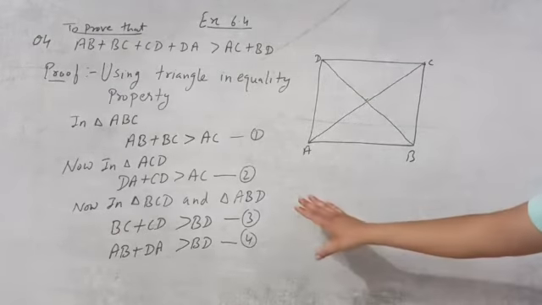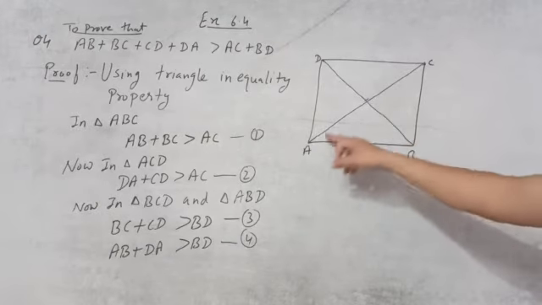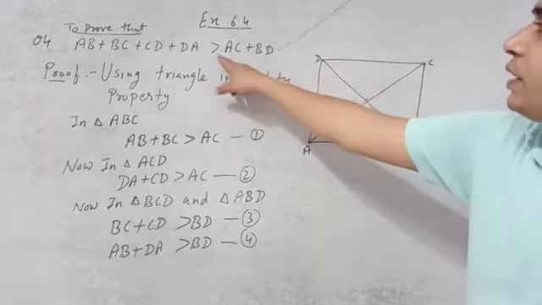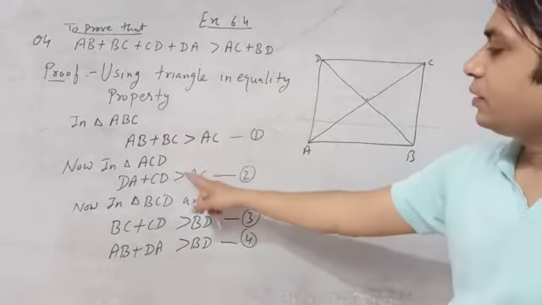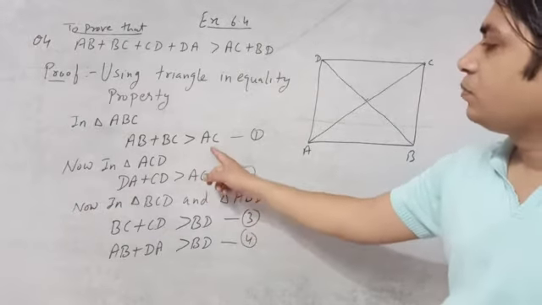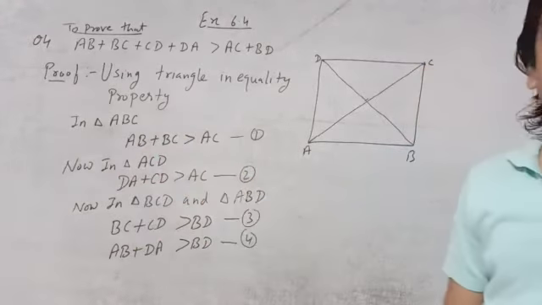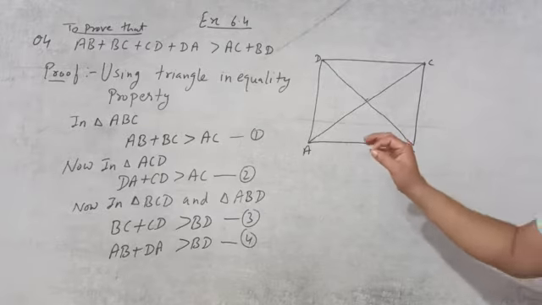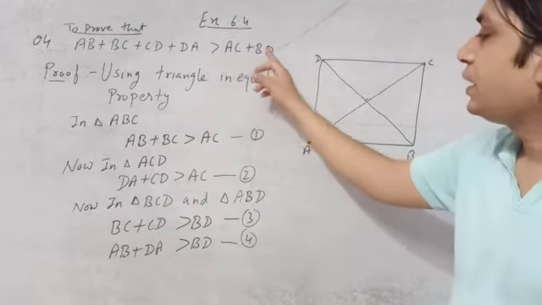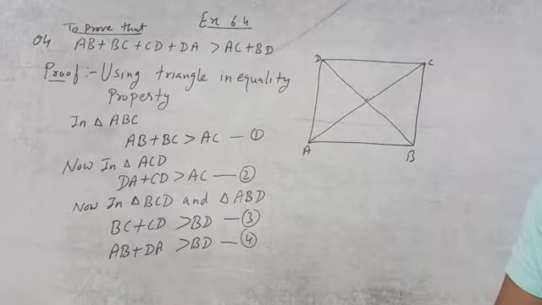Now till here, what have we done? We have applied this property in triangle ABC. Here we have seen already that after greater than AC is there. So after greater than, AC should come, and the other two remaining sides we will write before this greater than sign. This much only you have to remember. If you have remembered that after greater than AC and BD should come, it is easy for you to understand and to find the answer also.